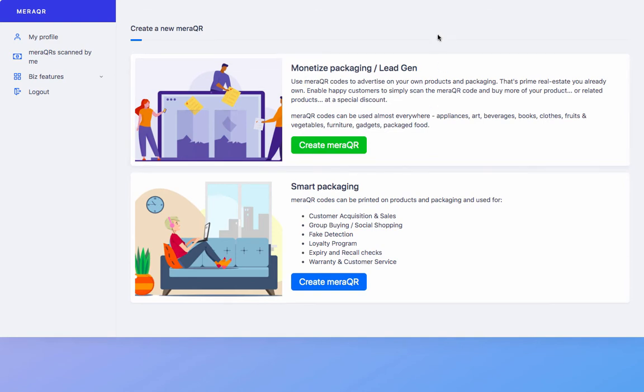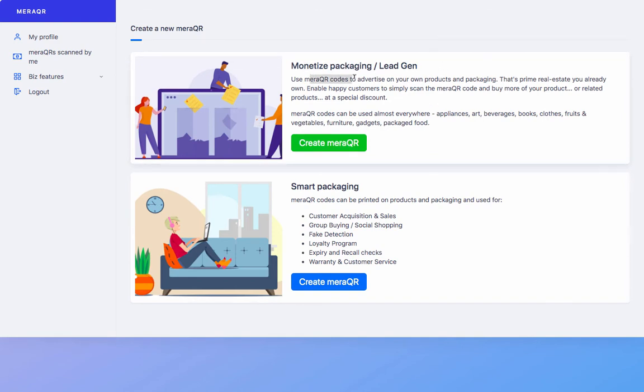This basically means these are Mera QR codes that you can put on your products and advertise. Now, your product packaging is the prime real estate that you already own. You don't have to pay somebody to be able to advertise there. So when a happy customer of yours scans the QR code on your packaging, he can buy more of your product. He can even buy related products.